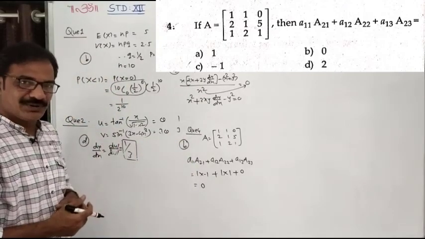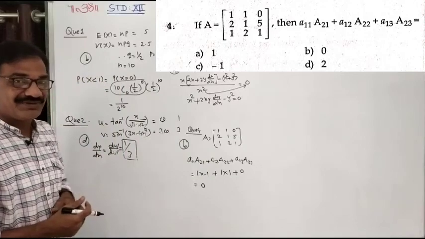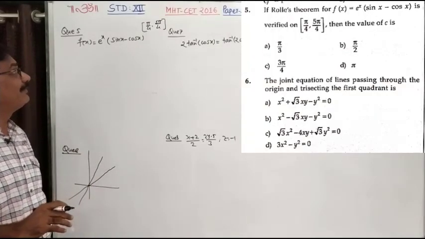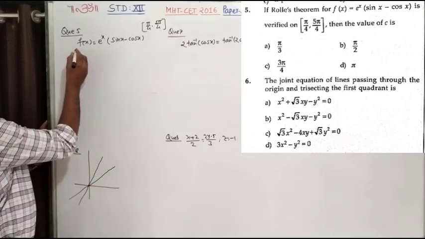So this is about the 4 questions. Let's go to question number 5. See question number 5. Rolle's theorem for f of x is given. So for Rolle's theorem,